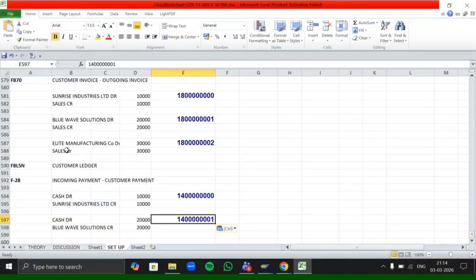Now what happened? Up to this, is it clear now? Up to the payment, incoming payment process? Yes, ma'am. Okay, now we have one of our customers whose invoice is booked, but we have not received any kind of payment from them as of now. Why? Because there is one scenario which is created between the company and the customer there.